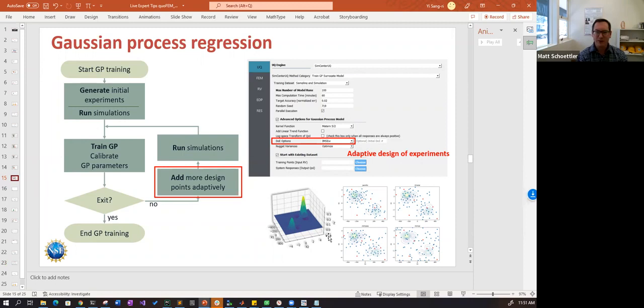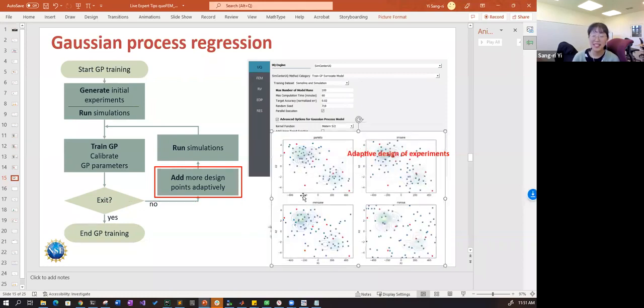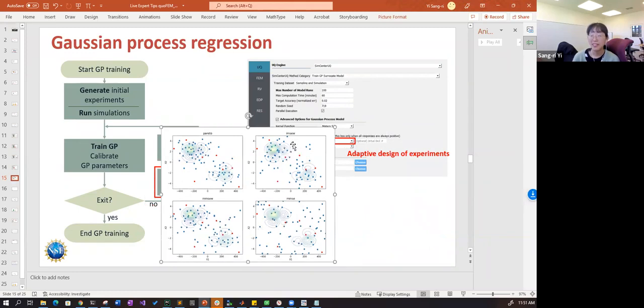Okay, and a follow-up question on the design of experiments method. Which method requires the fewest training data? They can have different answers, but I would say that IMSCW is the most efficient one in terms of number of training data set, but the IMSC method itself takes some time to identify what are the optimal points. So there are some trade-offs, but if you only purely consider the number of simulations, then IMSCW should be the best because it tries to balance between